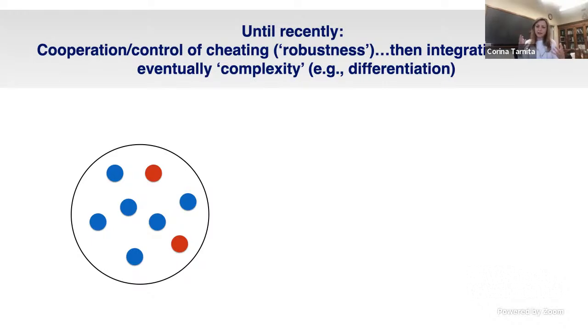So there have to be some mechanisms that maintain those groups, that ensure their robustness. And if they can be maintained long enough, so we have the evolution of some sort of cooperation, and that cooperation can persist, then eventually we might get integration and differentiation and some various forms of complexity. And so this top-down approach